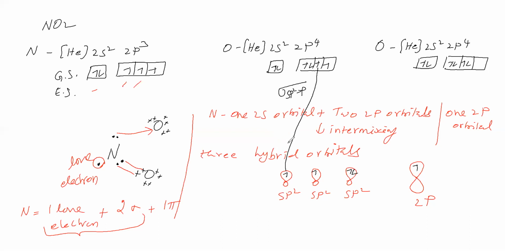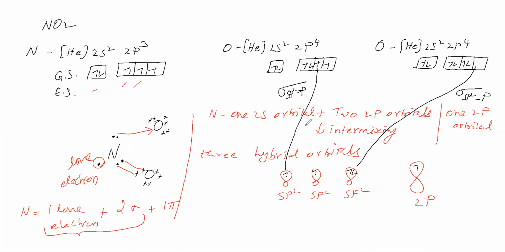Next you see that nitrogen providing the sp2 orbital containing an electron pair, and oxygen providing a vacant 2p orbital, undergo linear overlap, axial overlap, to give a sigma bond. In this sigma bond formation, nitrogen has contributed an sp2 orbital, and oxygen has contributed a vacant orbital, that is p.